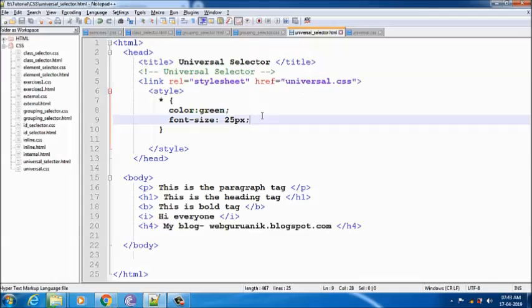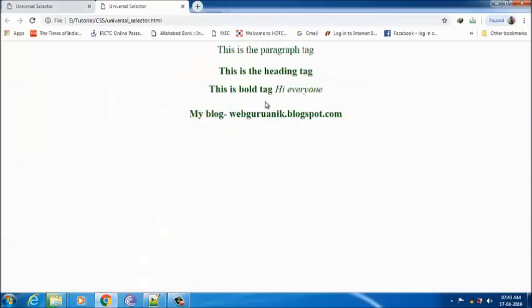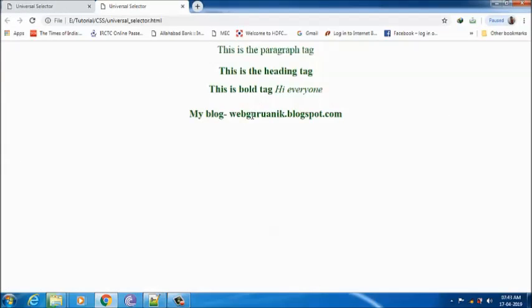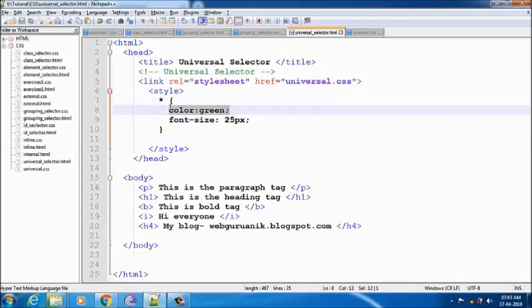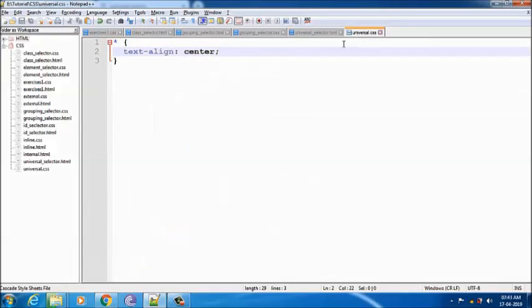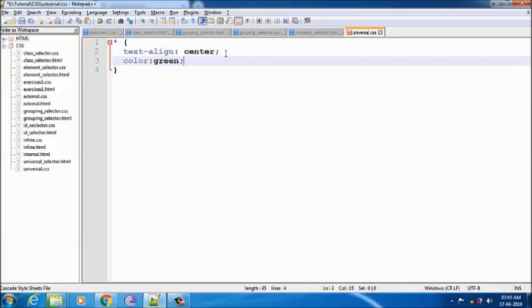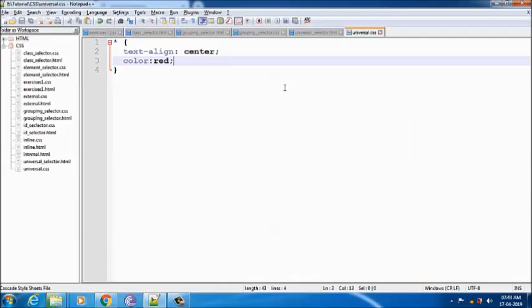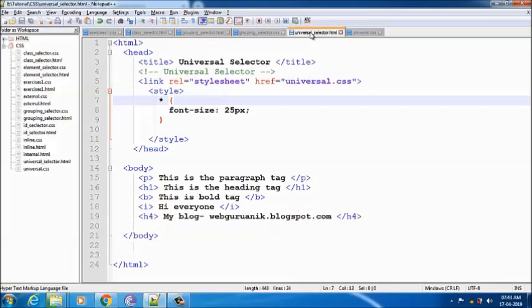see here in internal CSS I have color green, okay, and then I have font size 25 in using internal CSS. Now in external CSS I have used star and then text align center. So now if I change this one, if I cut from here, and suppose using internal CSS I want only font size 25, and here if I use any other color, suppose red, okay, I'll save it and go to the browser and refresh. You can see from the external, using external CSS I am giving the effect to all the elements, to all the tags, that it should be text align center and the color should be red, and in internal CSS